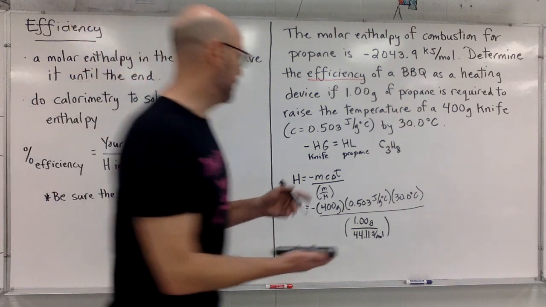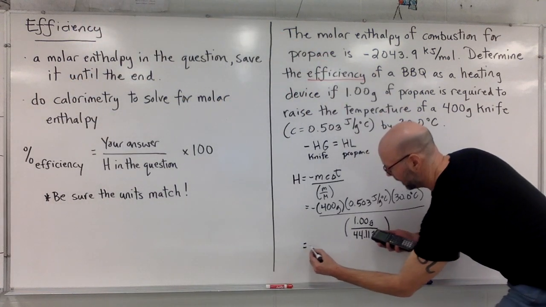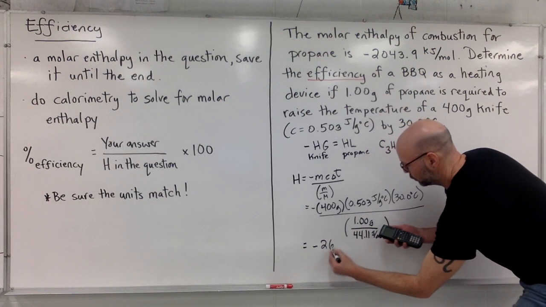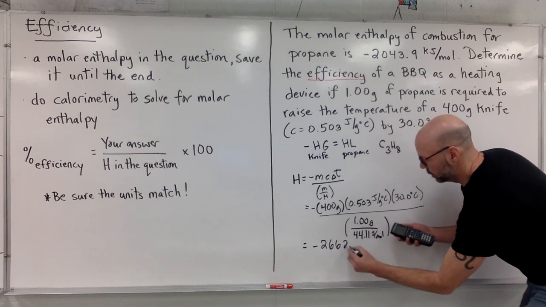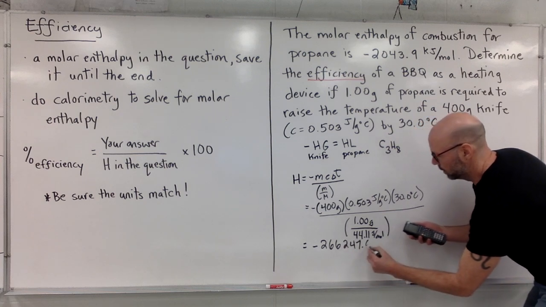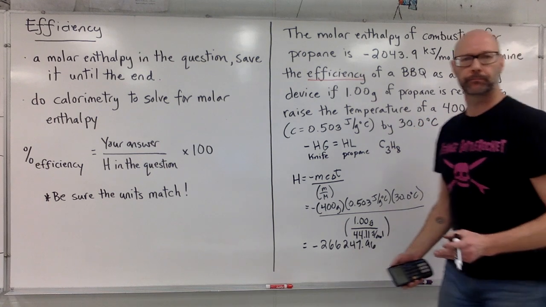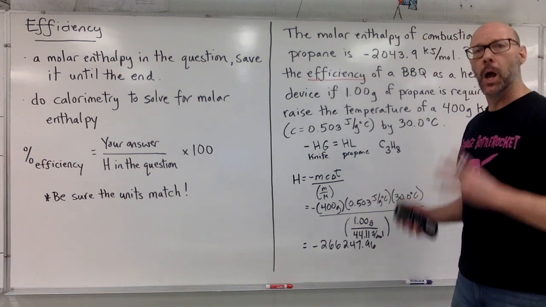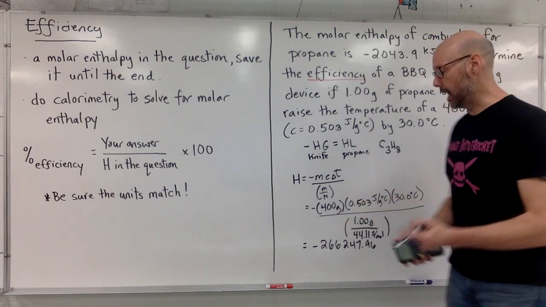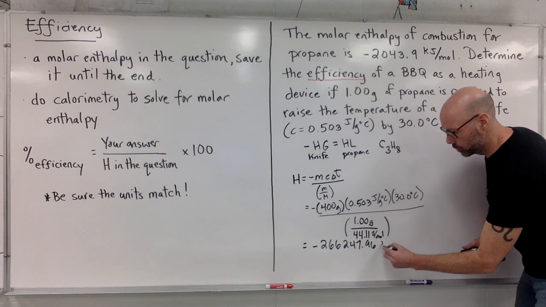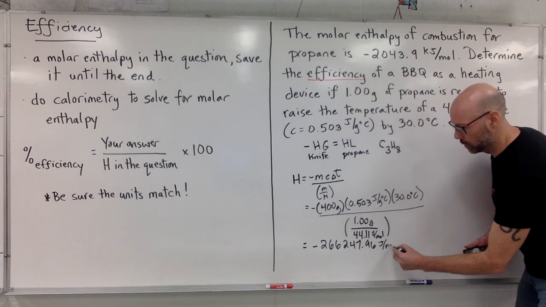This is what I got: negative 266,247.96. That seems really high, but it's important that we realize that this is coming out as joules per